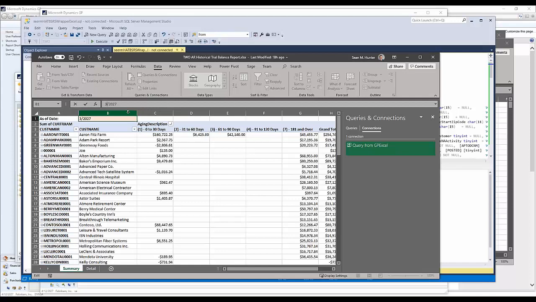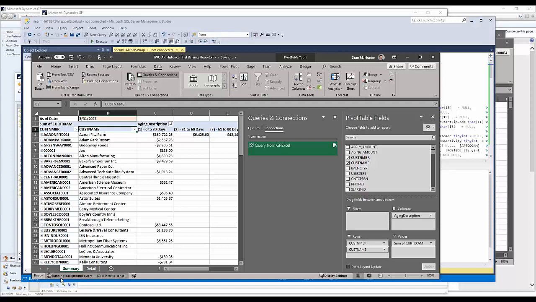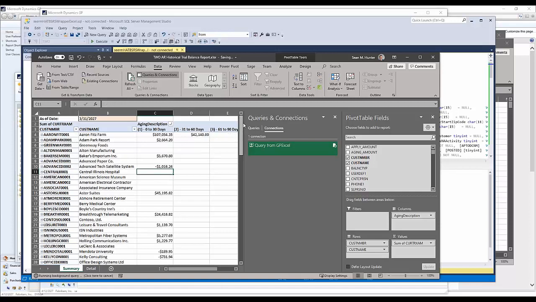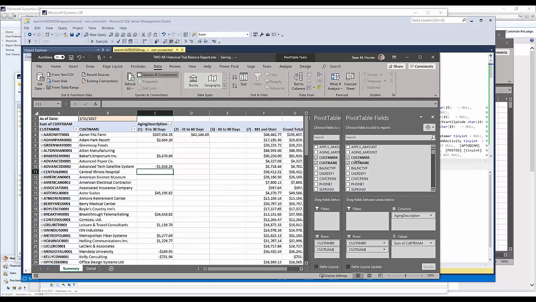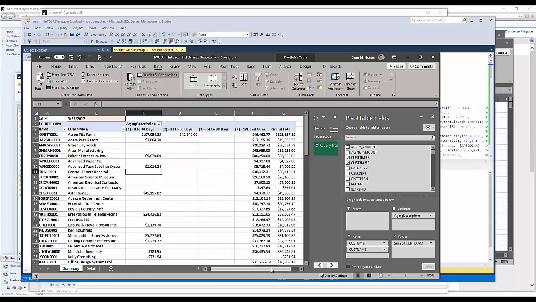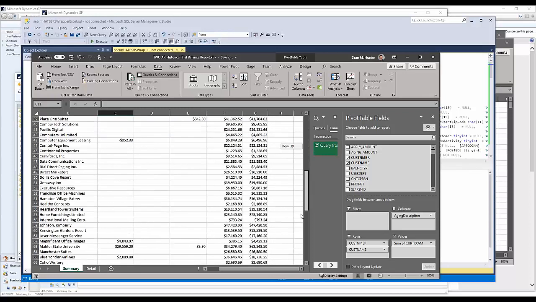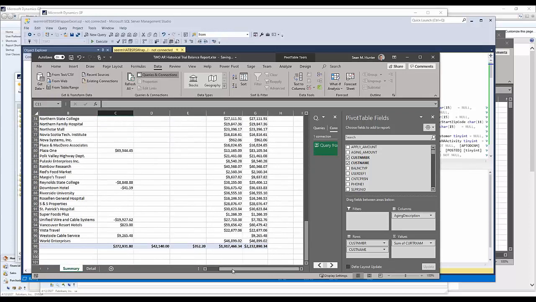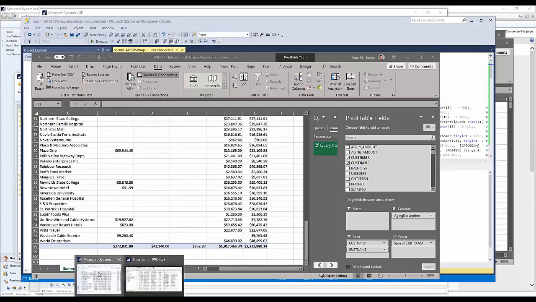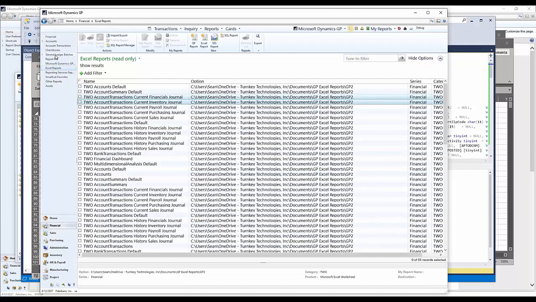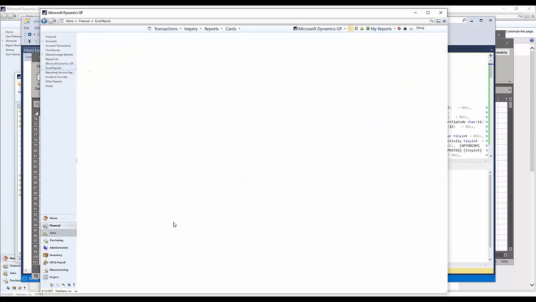So, 3/31. And as soon as I come off of that, this is running that stored procedure now, the same thing that GP runs, and refreshing my data set. Then I can refresh my pivot table, and the bottom line of my aging report here should match my GP. So if I was to come in and look at my GP AR report,